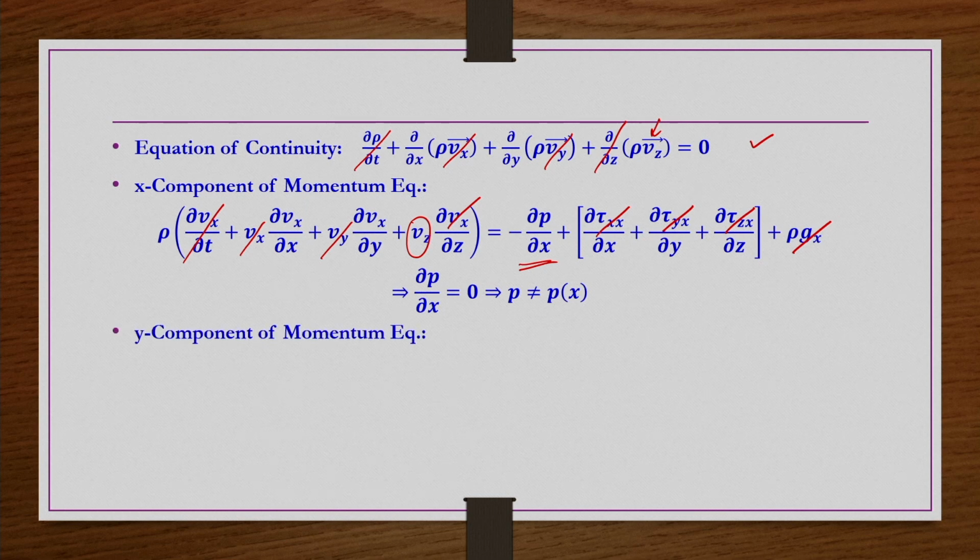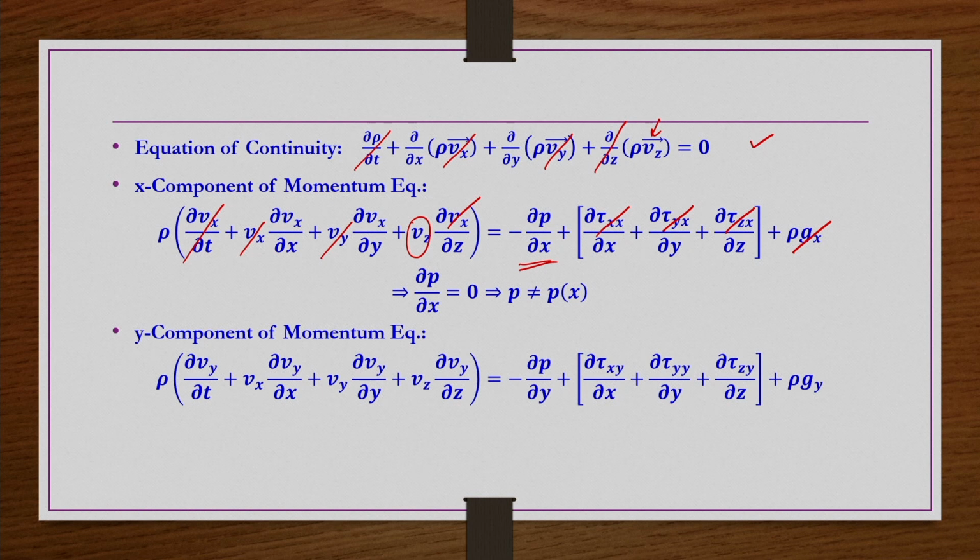Similarly, for the y component of the momentum equation, if you simplify, because of steady state the first term is 0, Vx is 0, Vy is 0, Vz exists but Vy is 0, and dou by dou z of the velocity components is 0. So, this term is also 0. So, here also the left hand side, all the terms are very small, so we can take the left hand side equal to 0. Now, pressure we do not know what it is,